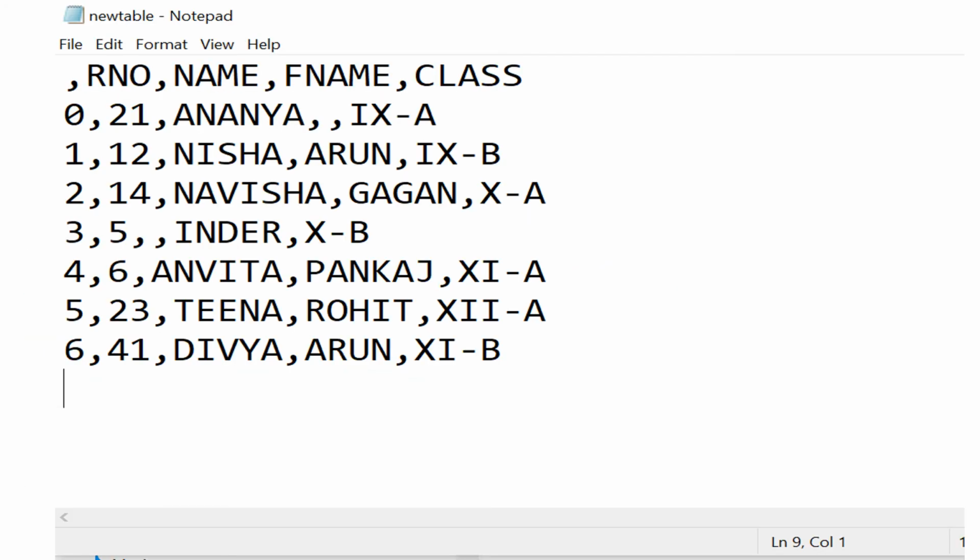If you open the new table file in Notepad, you can see the data in the file, and these were the NaN values. No values are being displayed here because they were NaN in the data frame. So here you will see empty commas representing no values in the file new table.csv.